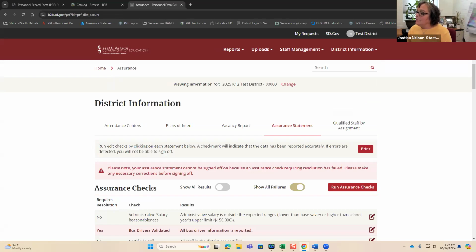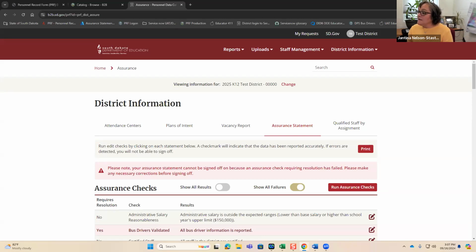So public school districts are required to complete this one plus a second one on the June sign off. The validation checks and certification statements will vary depending on the type of district you operate. For example, those districts that aren't public or co-op won't see any of the salary errors.